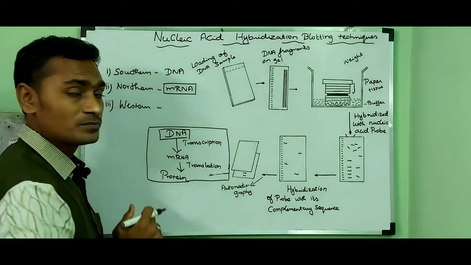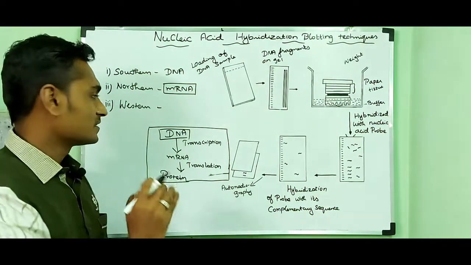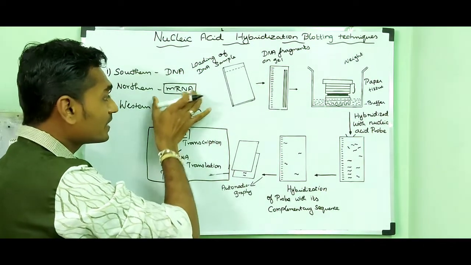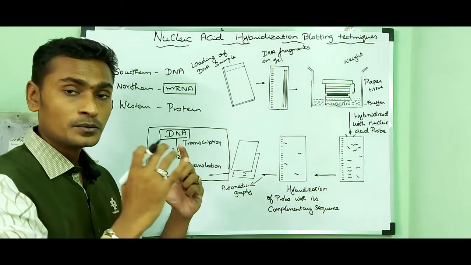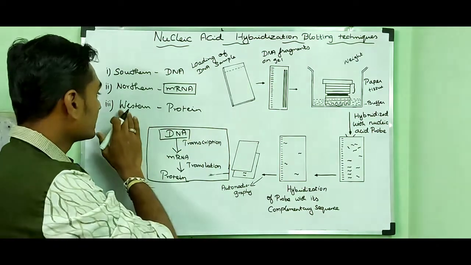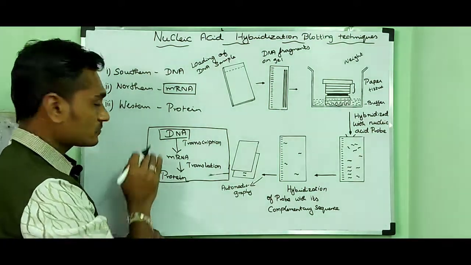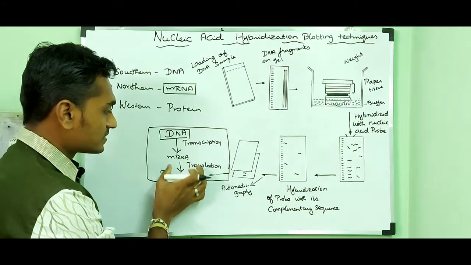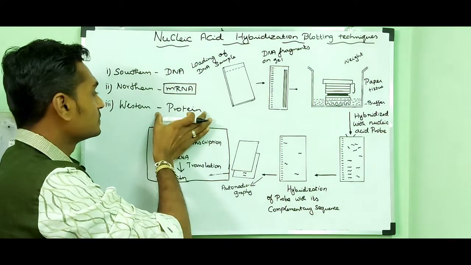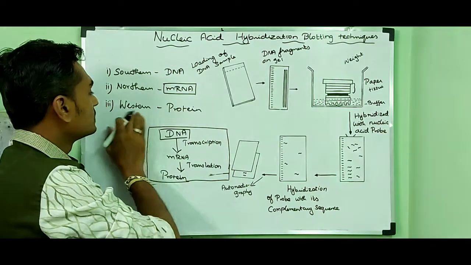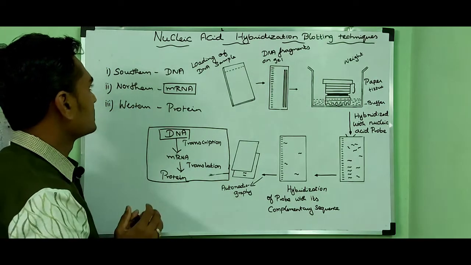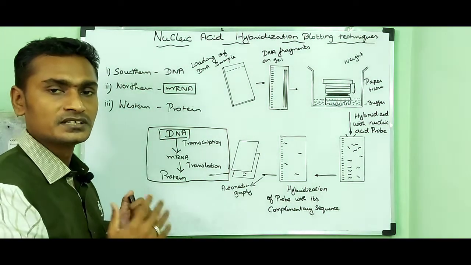Then in western blotting, we are able to blot a protein molecule. This mRNA has to produce a concerned protein, and those proteins are identified or blotted by the technique western blotting. So the mRNA is translated into a protein molecule, and those protein molecules are blotted by western blotting. So that's all about the types of blotting technique.